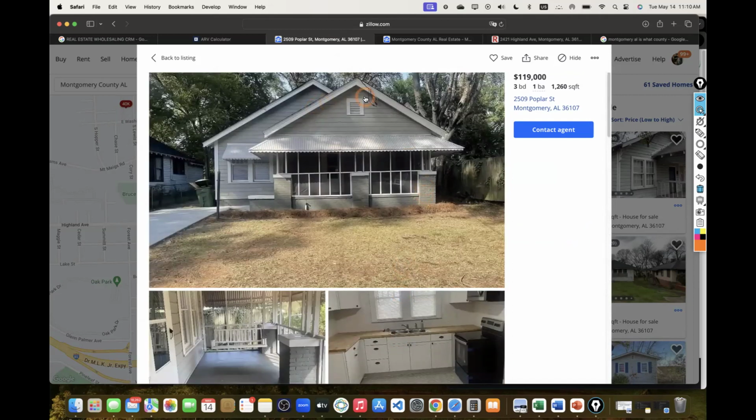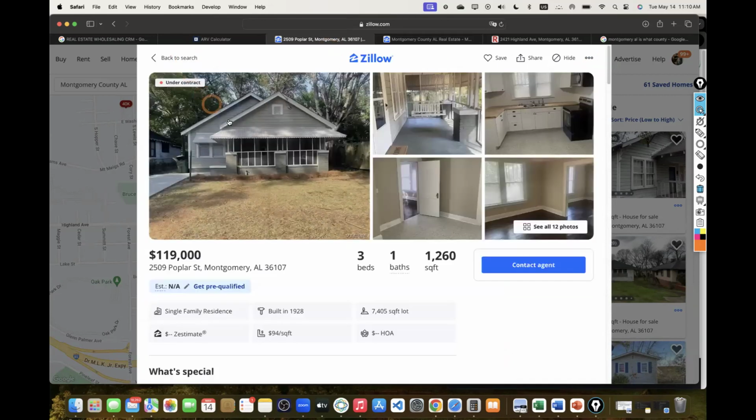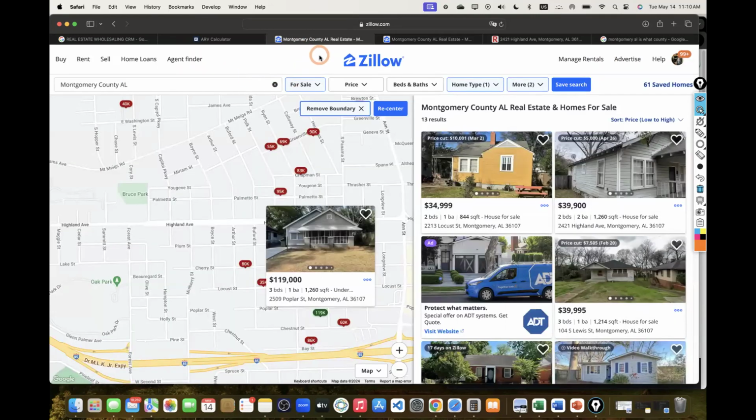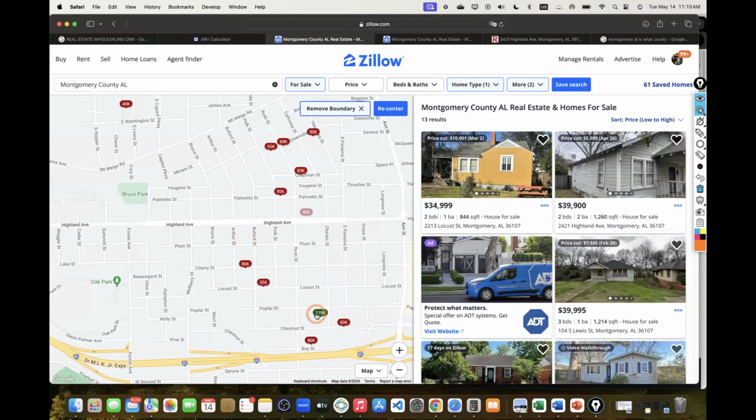But 1,260. Okay, I'll use this one as a comp. This is under contract at the moment. Under contract, same square footage, 12 years of a difference. I'm perfectly okay with it. And the reason I'm not gonna be pulling it, again, in terms of that price point, is because it's across this major road. But again, this is done for the purpose of the residential. So this is not one of the major roads.